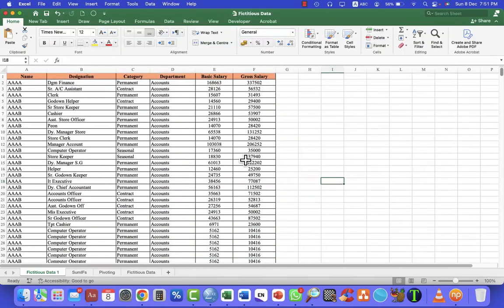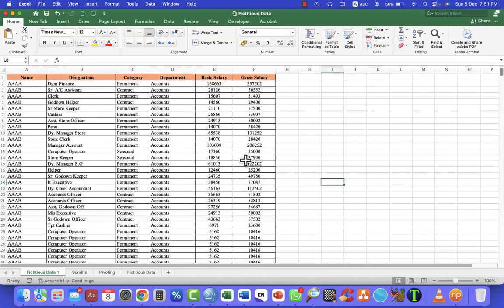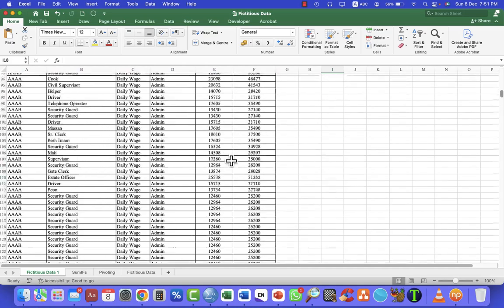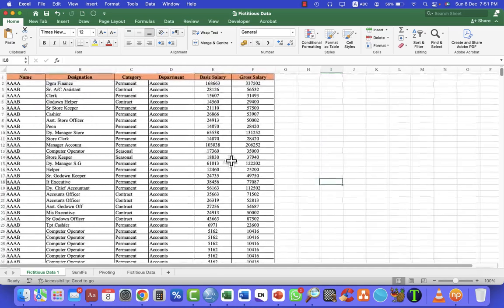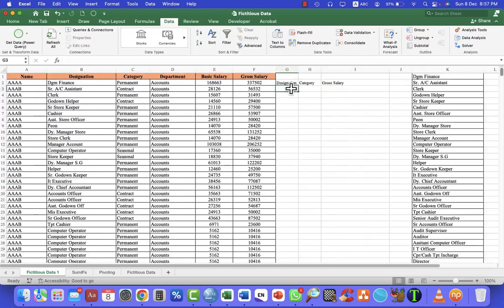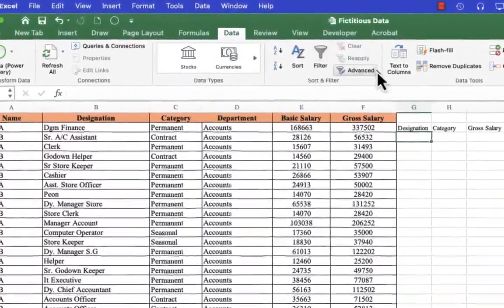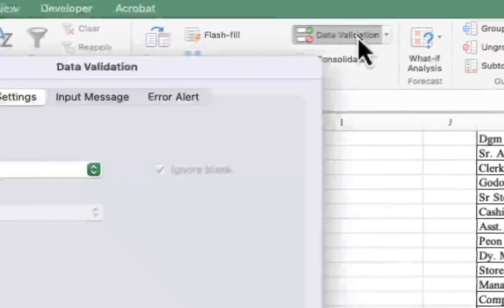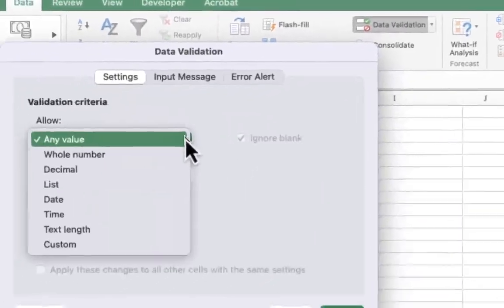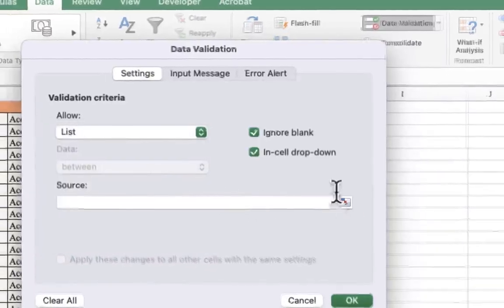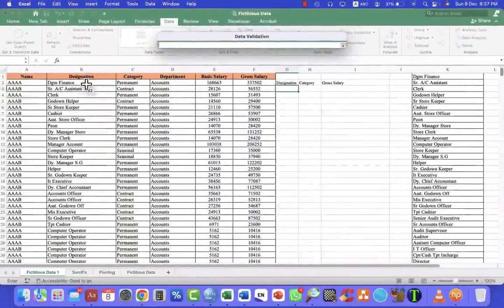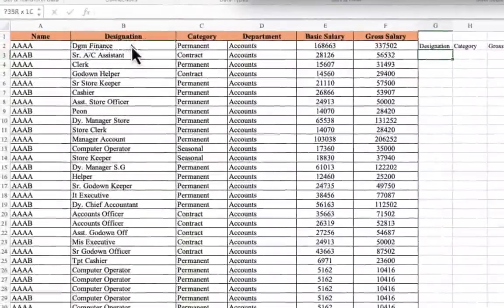Now, if you have a very large amount of data, with numbers of columns and rows concerning their NIC number, their education, etc. for hundreds of employees working in your organization, then it's always a good idea to have data validation and a list of the designations here. For that matter, we'll go to the data and then go to the data validation, and here we will select list, and the source would be first the designation,